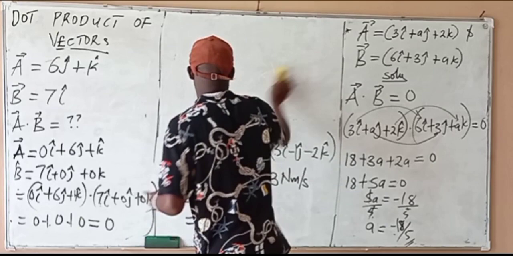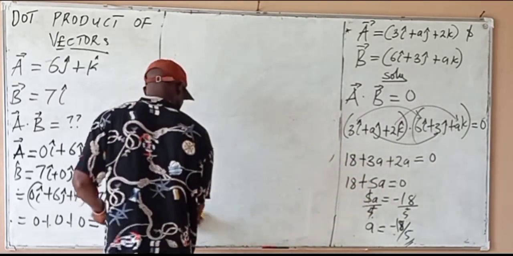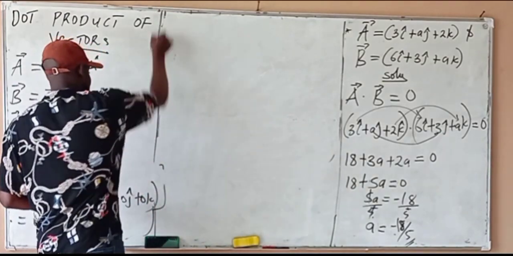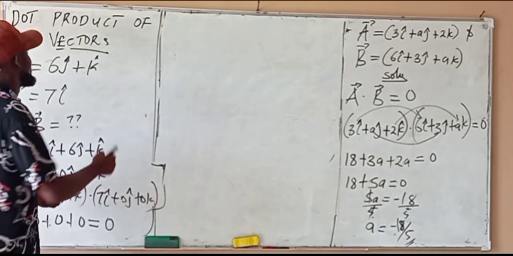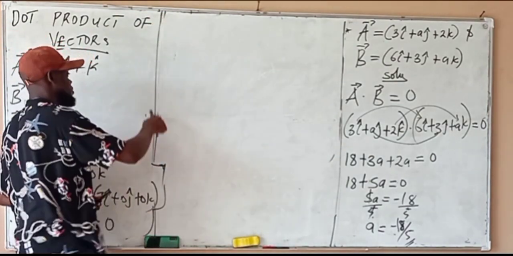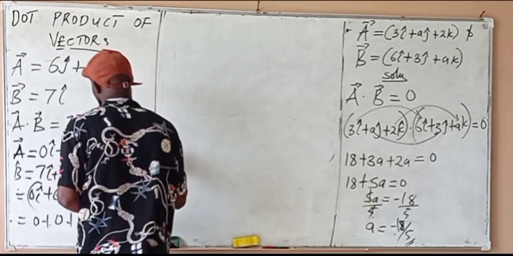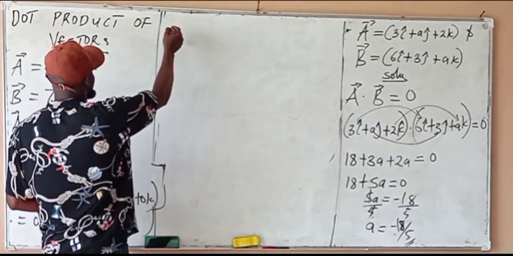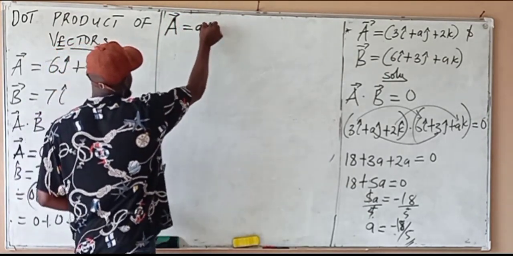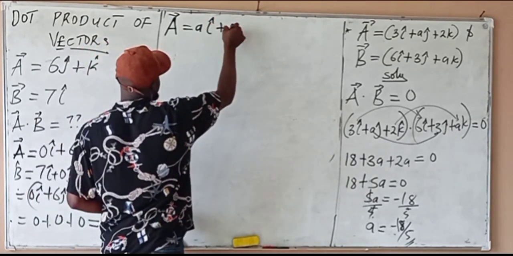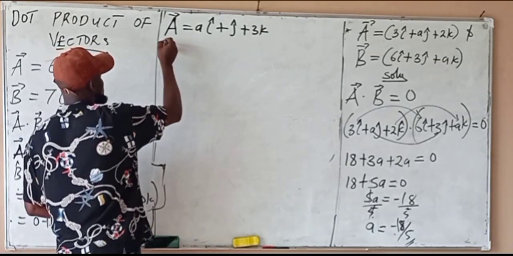Now, solve this one as classwork. Find the value of A for these two vectors to be perpendicular. A is equal to Ai plus j plus 3k, then B is equal to